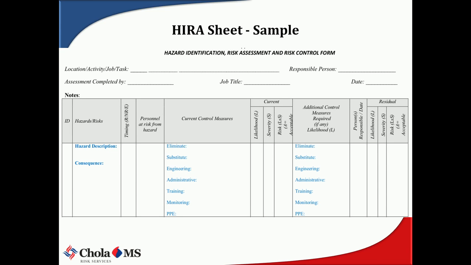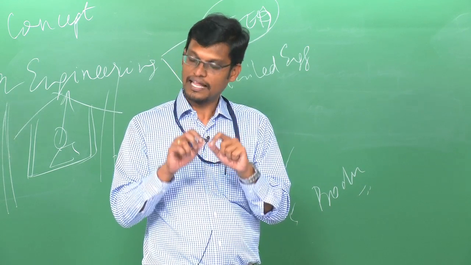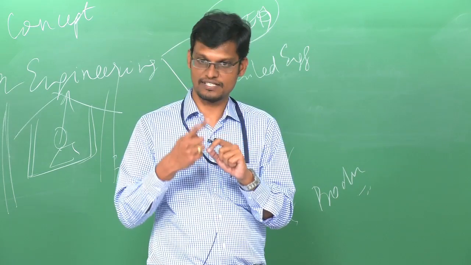Okay. Now, this is not very widely used in process safety. I want you to first have an understanding of it. This technique, HIRA, is largely used where it is task oriented. For example, in manufacturing, you have a grinding machine. As an operator, my task is to reduce the diameter of this wheel. So, I pick up that wheel, I fix it in the grinding machine, I use the right type of tool, and then I reduce the diameter of this.